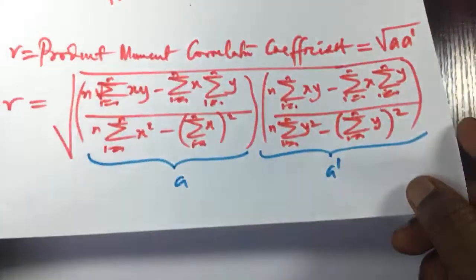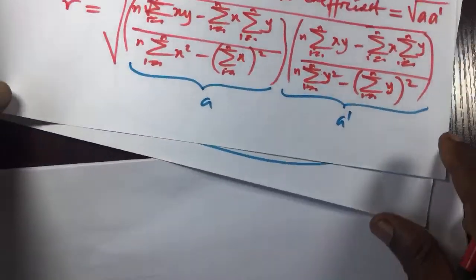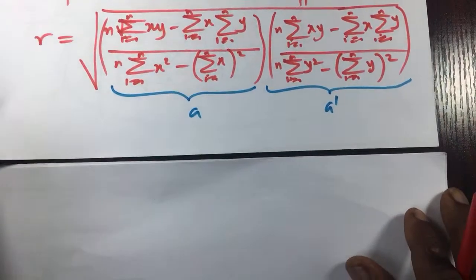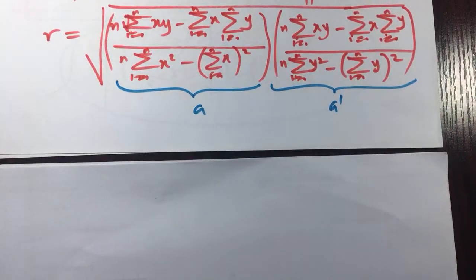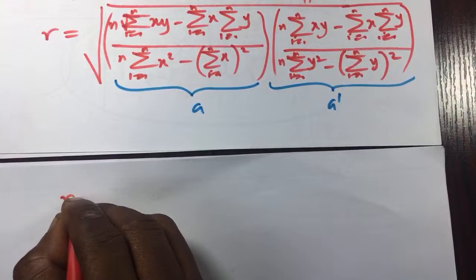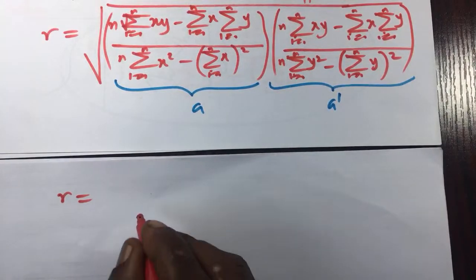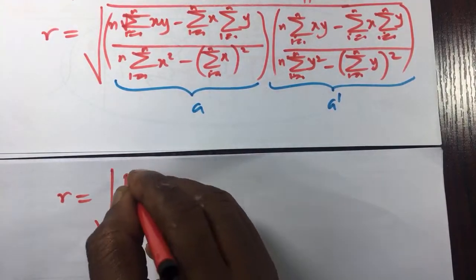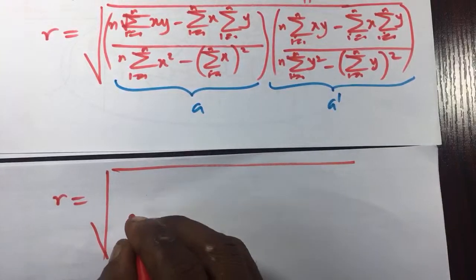So I'm going to put this here. I'm going to bring it so that you see what is going on. So the next step will be the simplification process. So I'm going to come over here and say R is equal to the square root of,